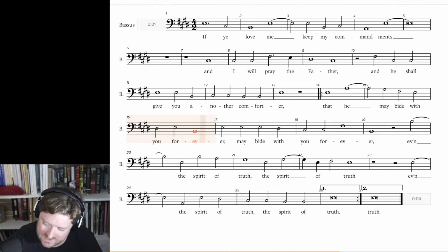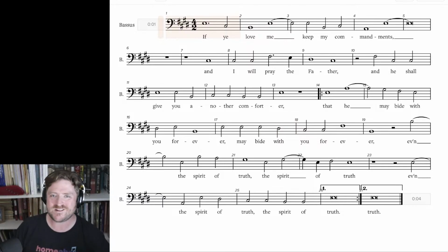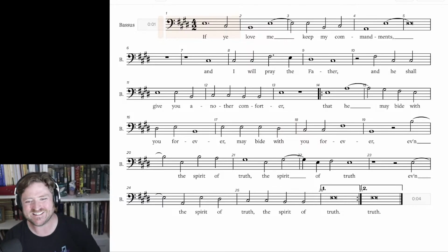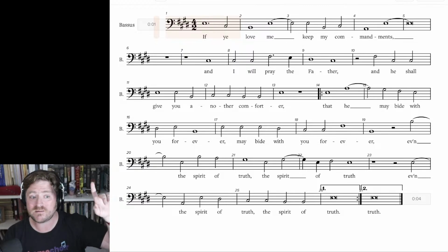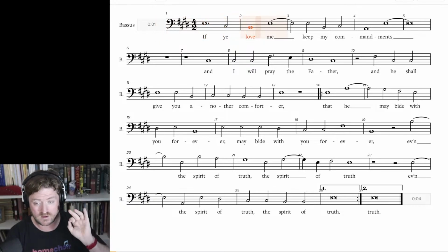And I'm going to just pause it, and we're going to sing it with the basses from the start, just to the end of the first repeat. And then we'll all step into the cathedral and we'll sing it together. Okay, so basses there from the start. If you love me, nice deep breath. And 2, 3. If ye love me,